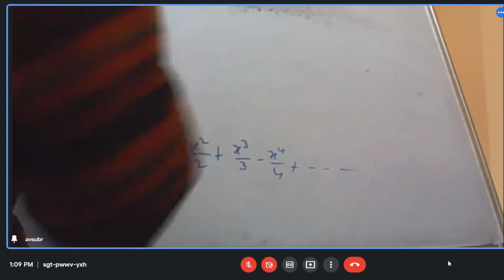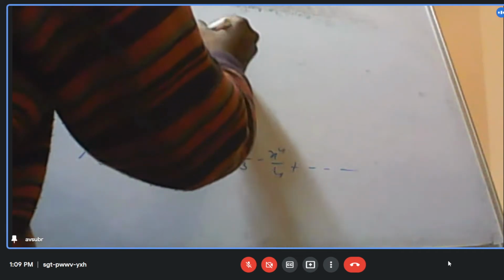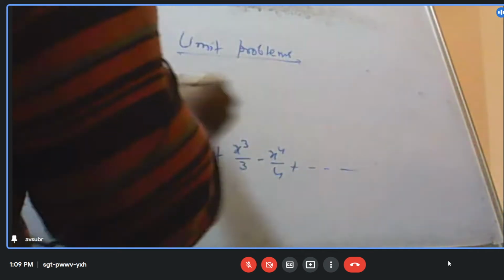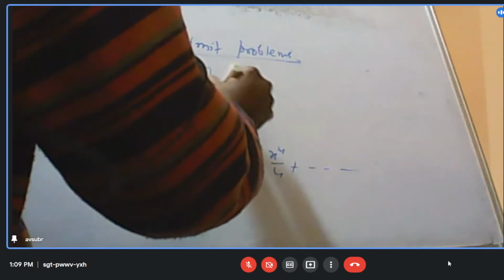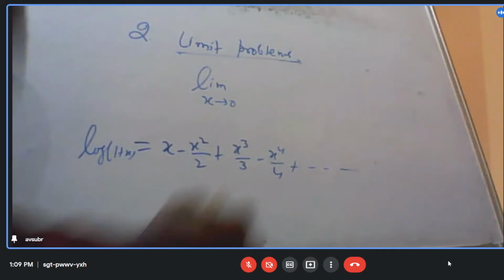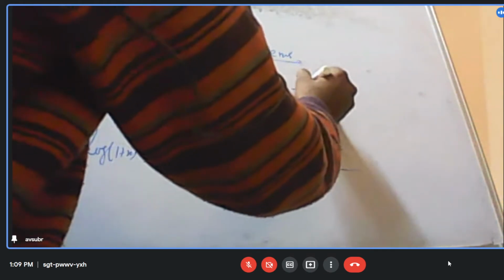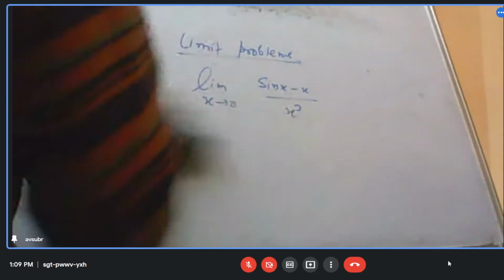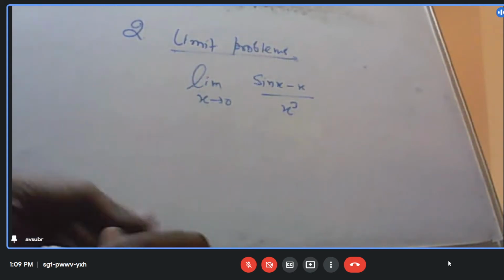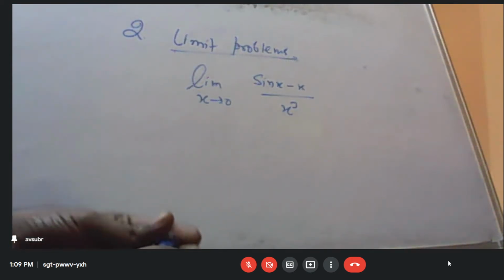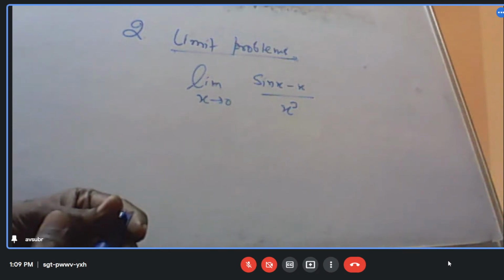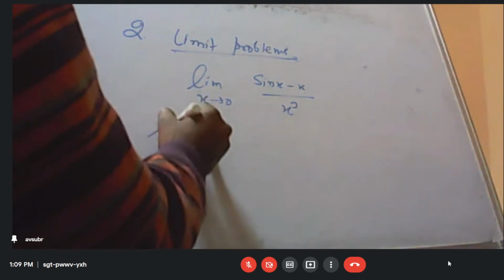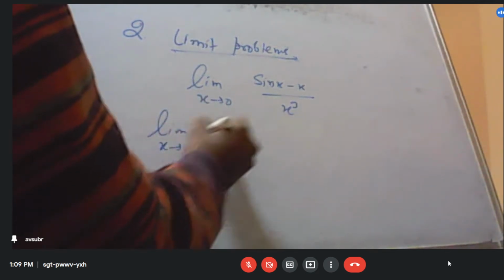Now let us say we have this kind of limit problems. There we can use this Taylor series. For example, I want to find out limit of x tending to 0, (sin x minus x) by x cube. You might have solved this kind of problem before. -1/6 आएगा। कैसे किया? वो sin x का expansion डाल देंगे ना तो x तो cancel हो जाएगा, फिर वो x cube से divide हो जाएगा, तो -1/3 factorial बचेगा. Very good.